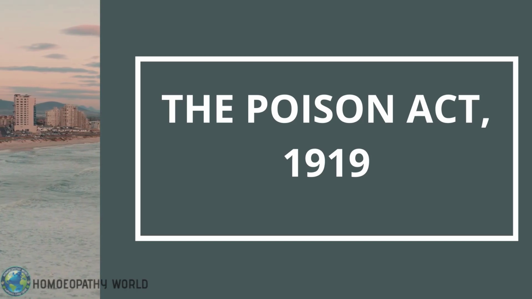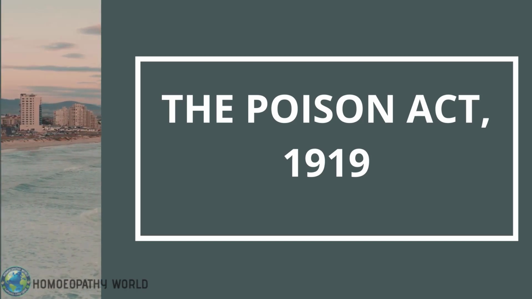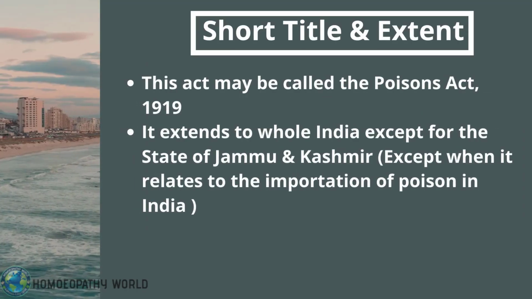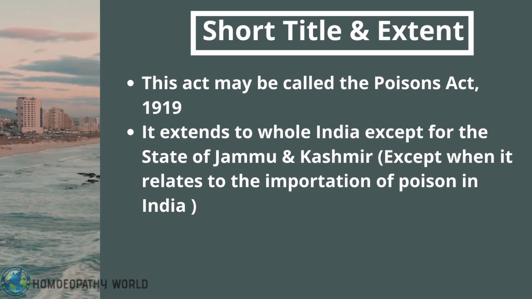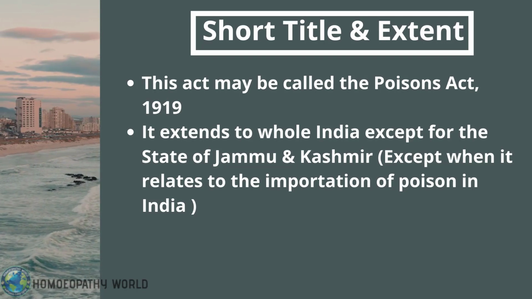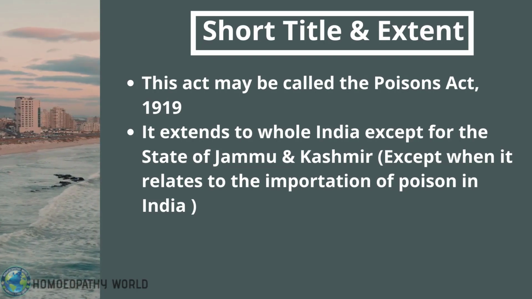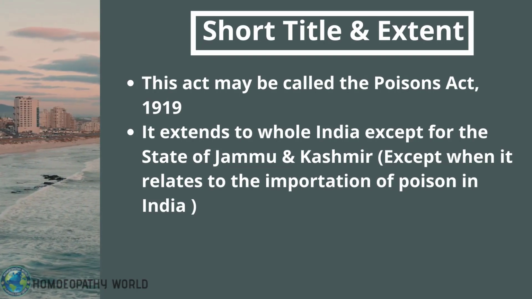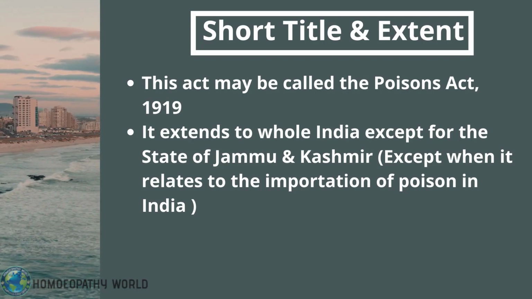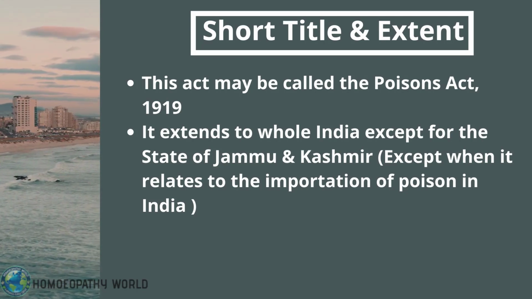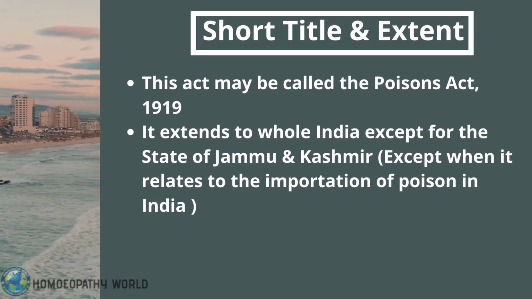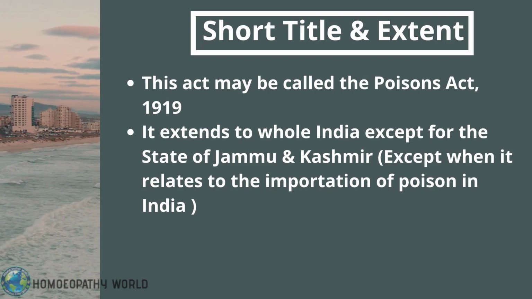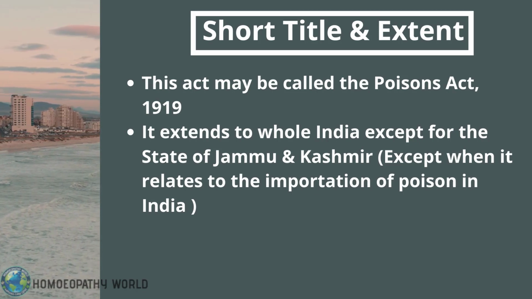Now the title is nothing but the name of the act and how it should be called. So this act may be called the Poisons Act 1919. Now the extent of this act is that it extends to whole India except for the state of Jammu and Kashmir. Now you have to remember in all the acts that all the acts extend to whole of India but